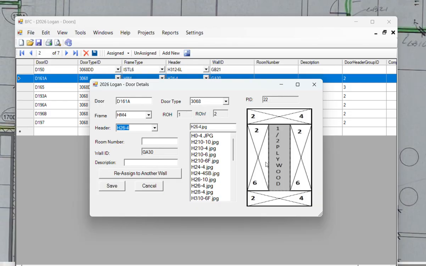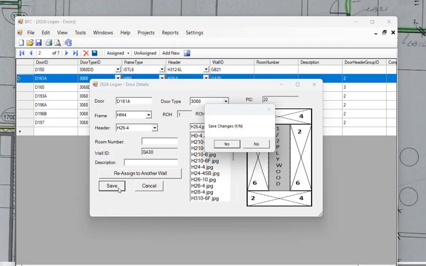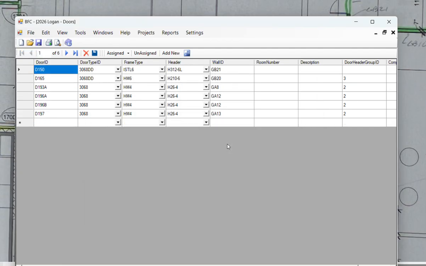Okay, basically, we're going to use 2x6 headers, a piece of half-inch plywood for spacing. This is not a load-bearing thing at all, which is way overkill for that, and we might change it out in the future, but right now, let's just leave it that way. So if I save that, it actually unassigns this thing. So I'd have to go back and reassign it to that wall,